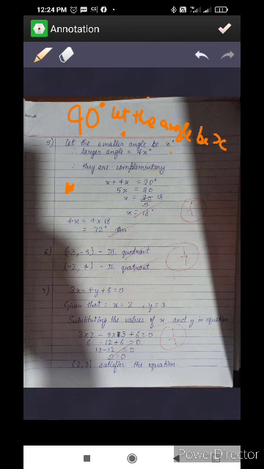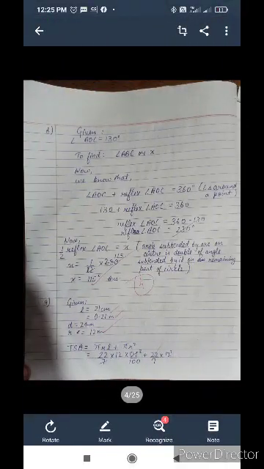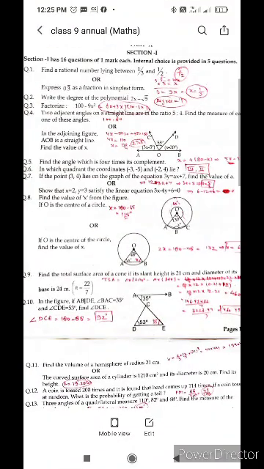Given 3x minus 4y plus 6 equals to 0, the values of x is given 2 and y equals to 3. So we will be substituting the value of x as 2 and y as 3. So it will be 3 times 2 minus 4 into 3 plus 6 equals to 0. So it will be 6 minus 12 plus 6 equals to 0. That is 0 equals to 0. That means the left hand side is equal to the right hand side. It shows that the point 3 comma 4 lie on the graph of the given equation.